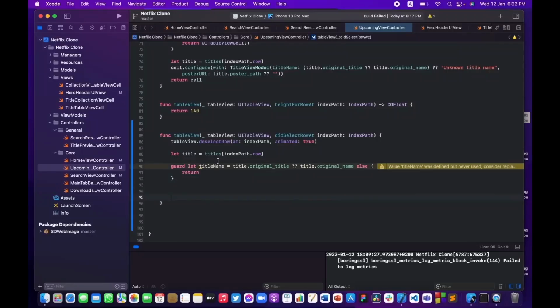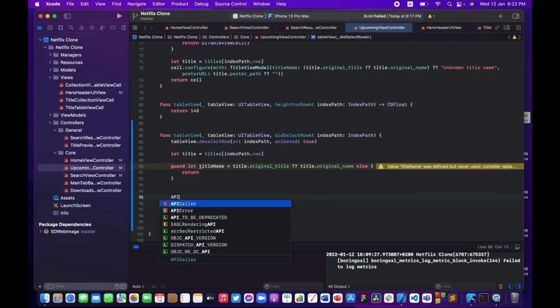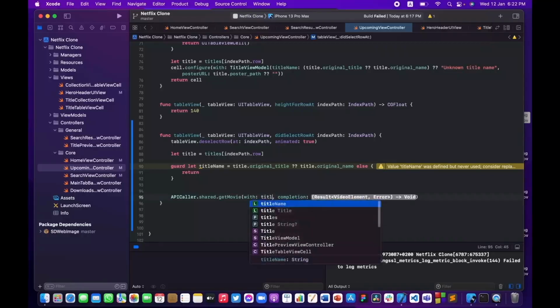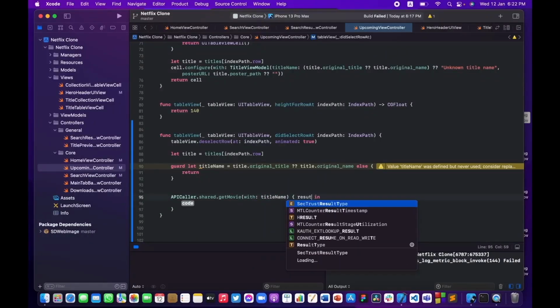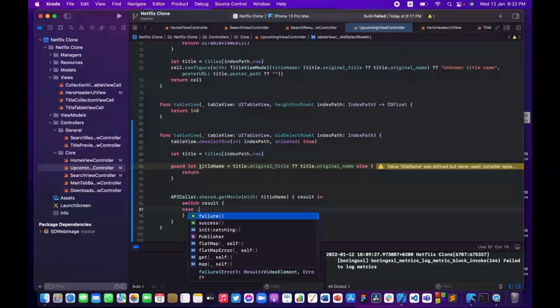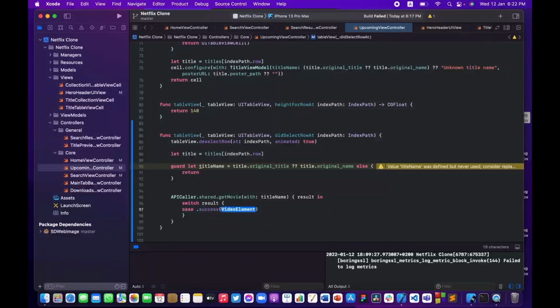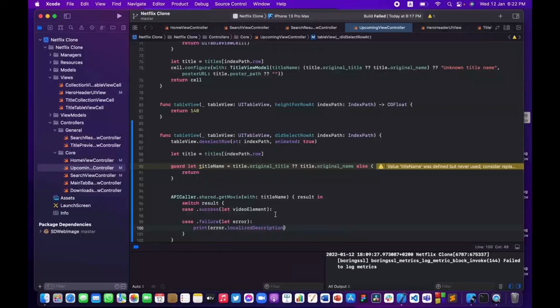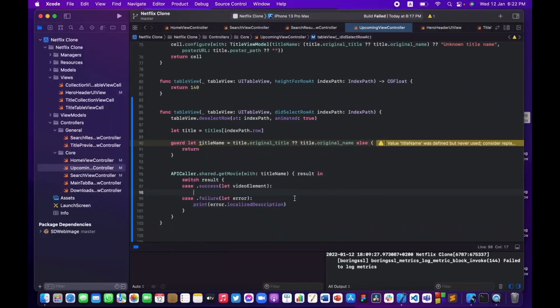So what do I need to do right now? Basically I'm just going to say API caller dot shared dot get movie, and I'm just going to pass in the title name over here, and for the result I'm just going to switch on the result as well. So case success, basically I have a video element, so let video element, and the other one is going to be case failure, and I'm just going to get an error which I'm going to be printing just normal. So error dot localized description,